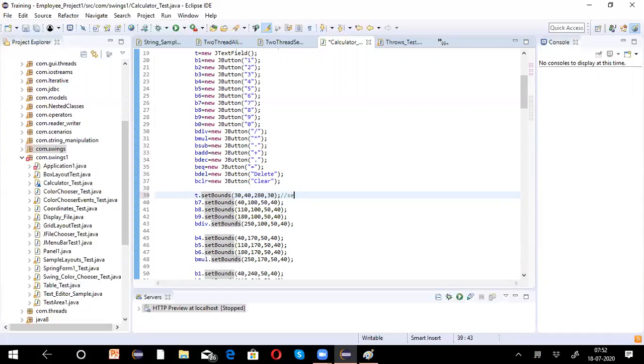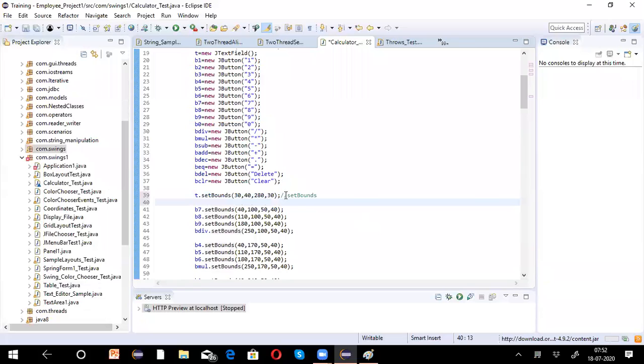Set bounds method is used in order to lay out the components physically or manually.